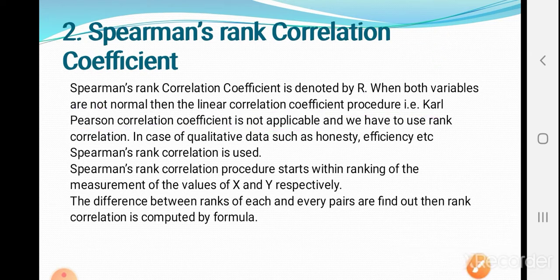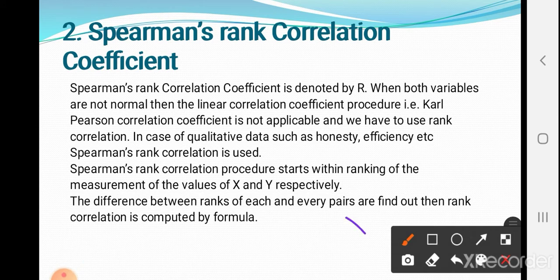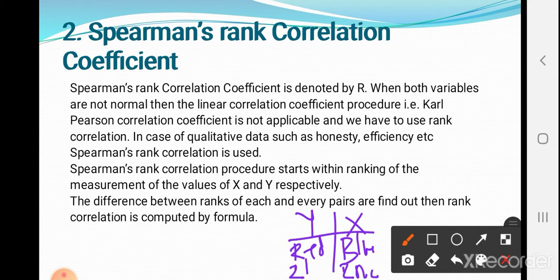Because suppose we are given the data x and y, suppose red, blue, black and brown. Okay. So for finding the Karl Pearson correlation coefficient, we need the summation xy, summation x square and summation y square. What is meant by summation xy? Total of all the values of x into y. So make the column x into y. So how to calculate red into blue? We can't calculate. So Karl Pearson correlation coefficient is not applicable if the data is in qualitative form.